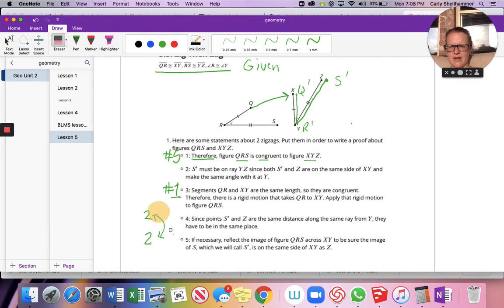We did a translation and then a rotation. They did a translation and then a reflection, which is fine. So that one is definitely number 2. And I think this one is definitely number 3. Nope. Let's read this one. S prime must be on ray YZ. Yep, since both S prime and Z are on the same side of XY and make the same angle with it at Y. All right. So there we have number 3,